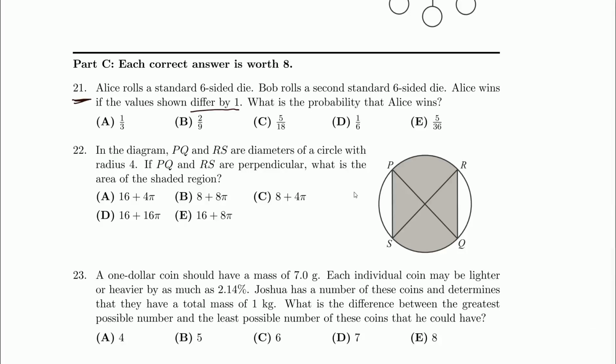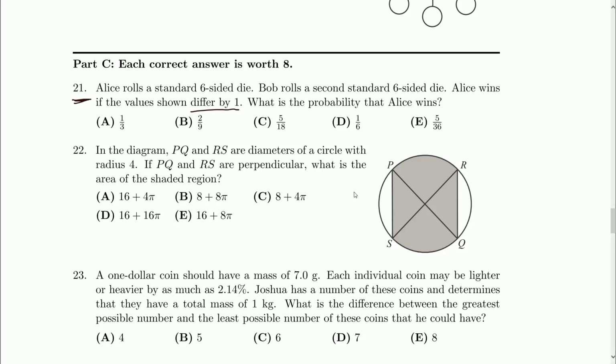Okay, so it's a probability question, which means we need to figure out the number of outcomes we're interested in. You know, like Alice rolls a 5, Bob rolls a 4. Or Alice rolls a 3 and Bob rolls a 4 again. Because those all differ by 1, which is our condition. Okay, so we need to figure out those, and then we need to figure out the